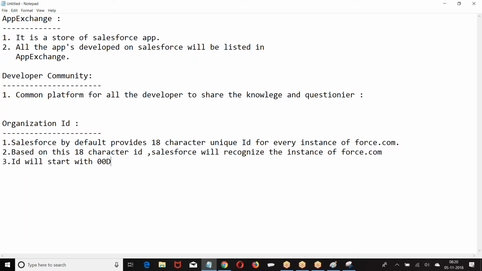App Exchange, Developer Community, Organization ID. Okay. Then